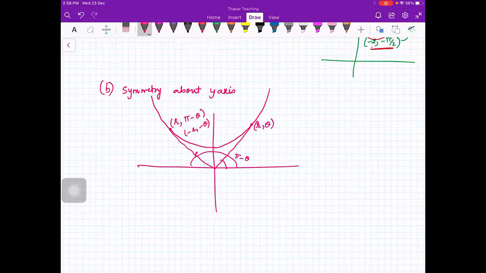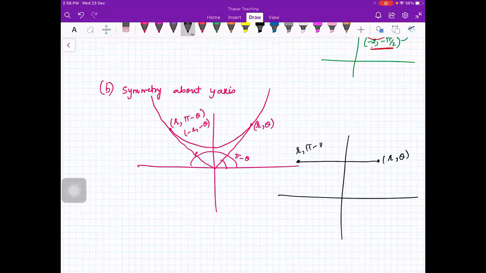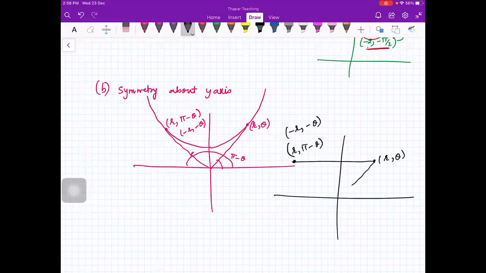You see there, this is the point r comma theta. You want to take a reflection here. So this point is r comma pi minus theta. It is also r comma pi by 2 plus theta. So your choice. Another name for this point is minus r comma minus theta. Is this clear to everybody? How minus r comma minus theta? Because minus theta means you will go on this axis, minus r means you will go in the backward direction. So there are two names for this point.